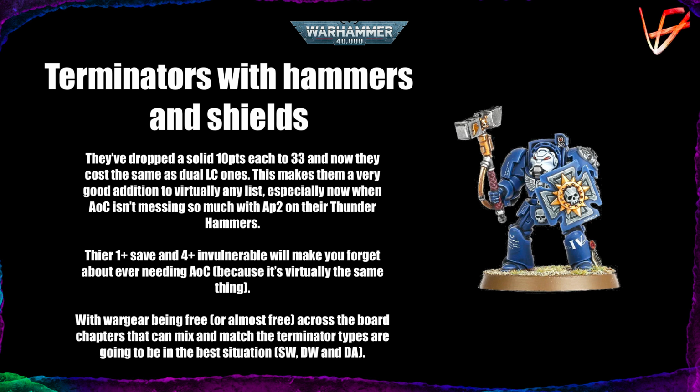And you still get the 4-up invulnerable save and the 1-up save that we used to have on the regular non-Storm Shield Terminators with Armor of Contempt. Now we don't have that, but these guys still get the +1 save, so we really want to use them. And the fact that Armor of Contempt is not going to mess with our AP2 on the Thunderhammers is also